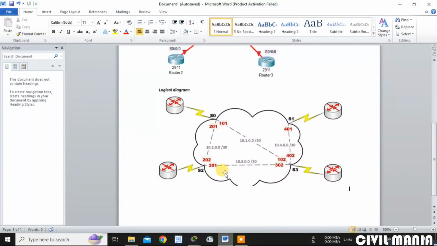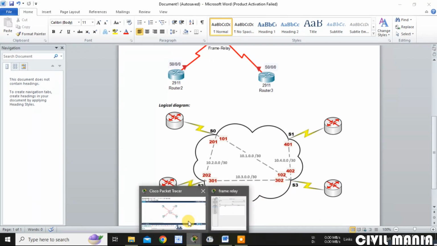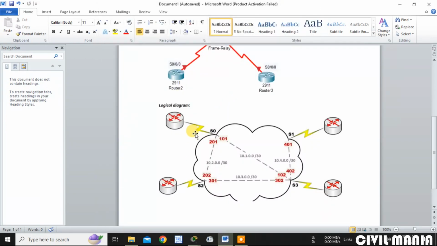In the diagram, this is S0, then S1, S2, and S3. So let me go here, and here I will write serial 0.